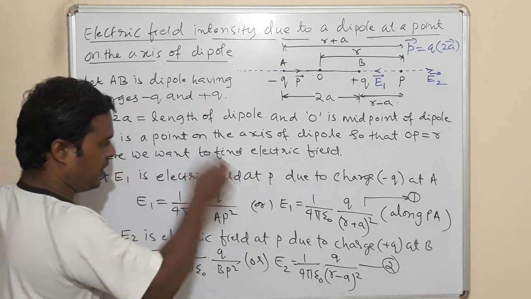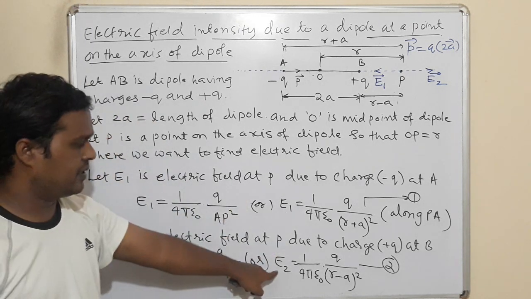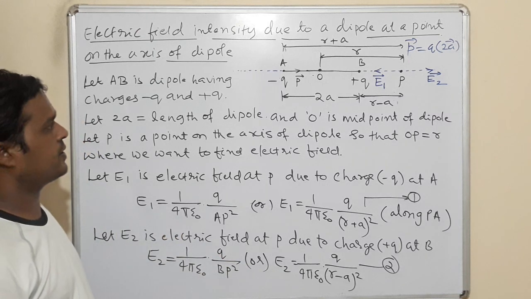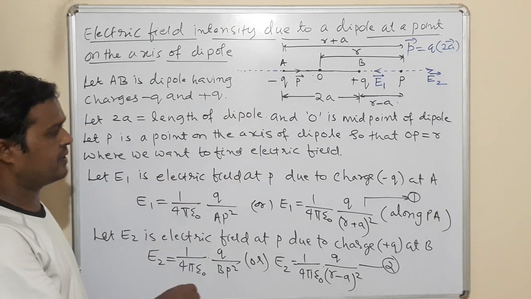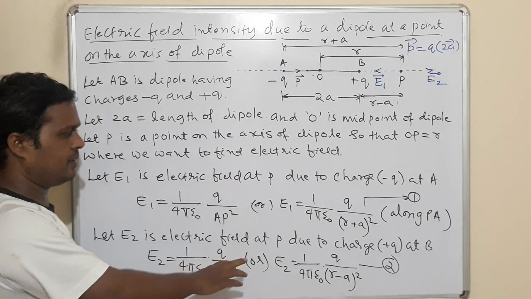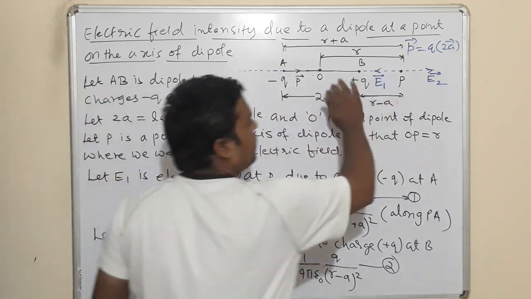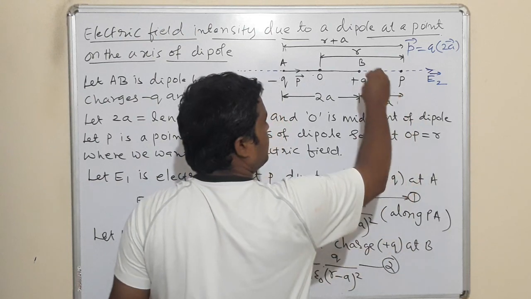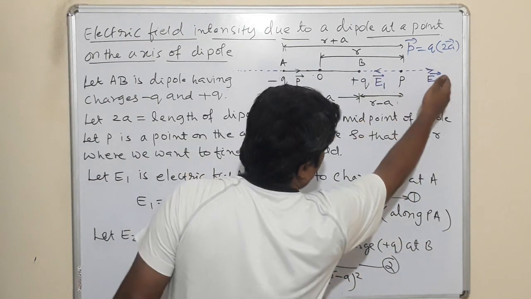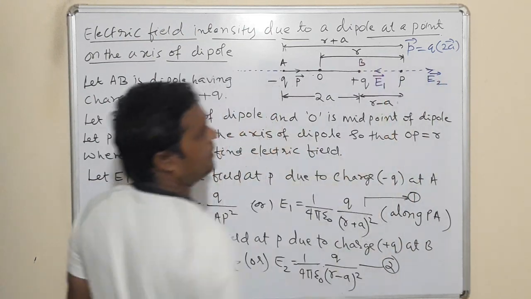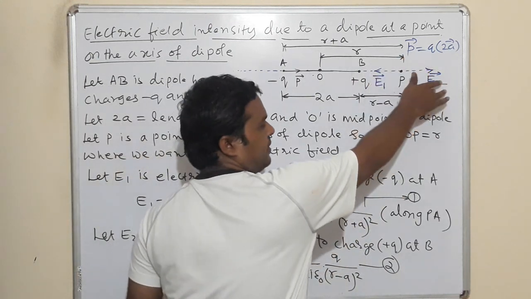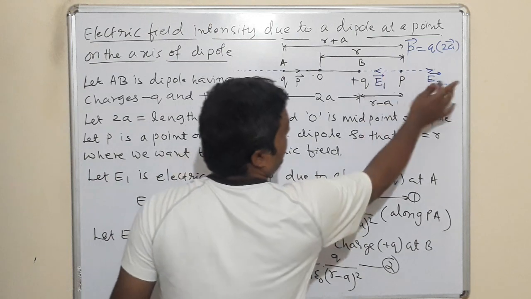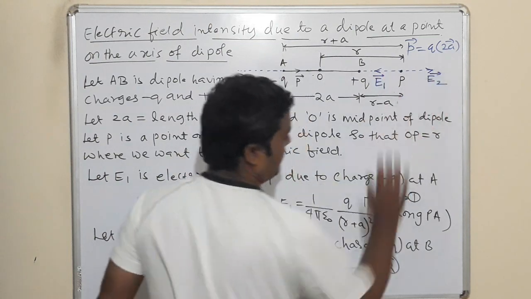This is the electric field due to the negative charge and this is the electric field due to the positive charge. Make a note, we will calculate the net field. Pause the video for 2 minutes and write this. To calculate the net field, either you have to subtract E1 from E2 or E2 from E1. We will do E2 minus E1 if E2 is greater than E1. If E1 is greater, then we will do E1 minus E2.